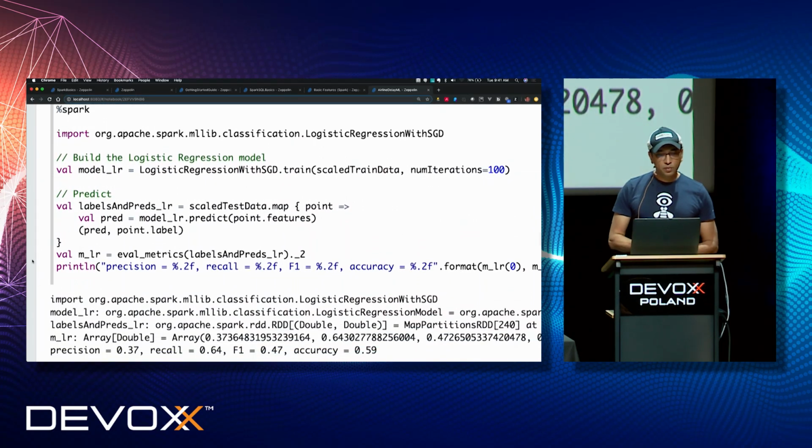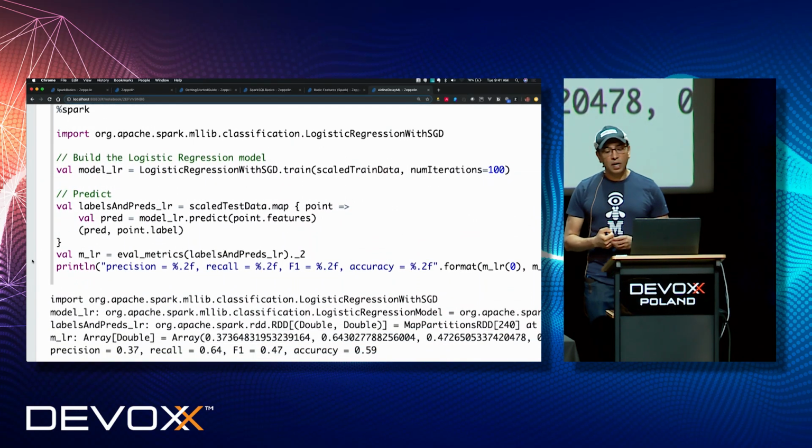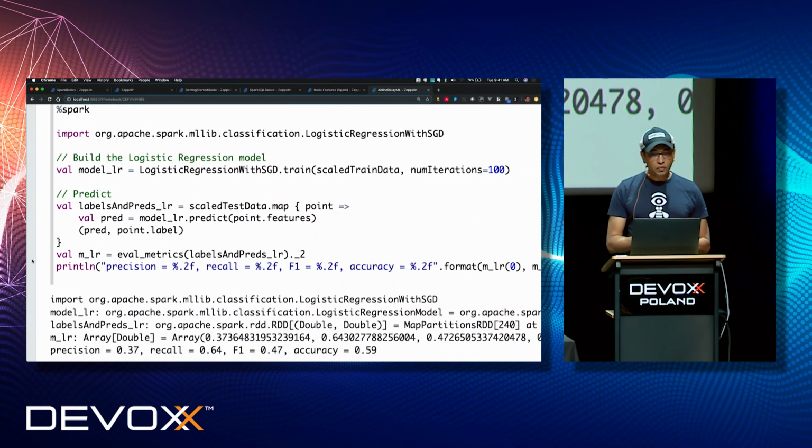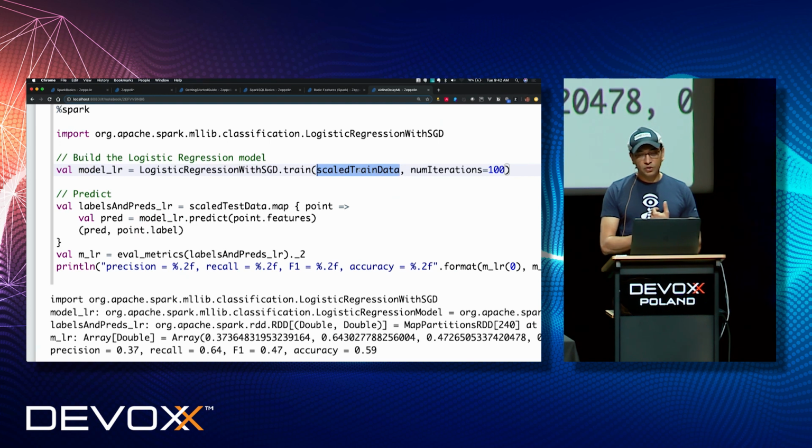All right, so this is where we start getting into more of the machine learning here. And so what we're going to say here is we're going to use a classic logistic regression model, and with this logistic regression, with SGD, we're going to train the underlying model, which is a logistic regression, with our scaled train data from above, and we're going to apply 100 iterations of that